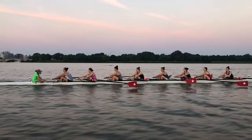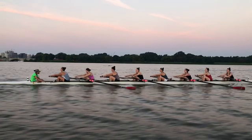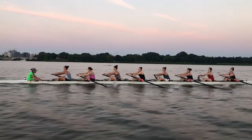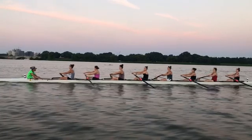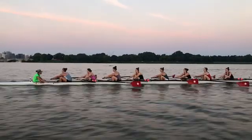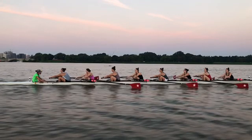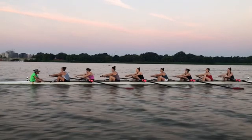As you can see here, the blade is getting down and into the water pretty well, but it isn't really until right about there that it looks to me like you're fully connected to the water and driving all the way through to the bow here. So let's try to figure out a way to help you tighten up the distance between your feet and your seat, so that you can get your body under you a little bit better as you